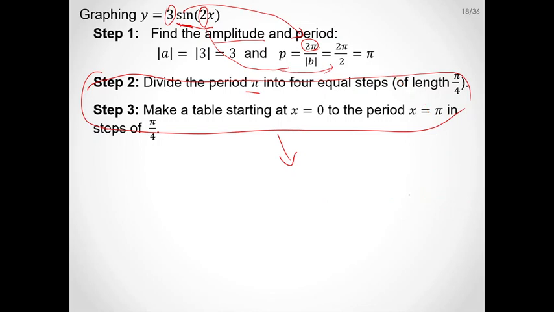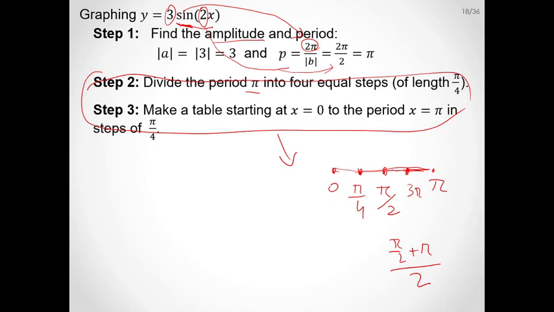So 0 is here, pi is here, then you divide them into 2, so you get pi over 2 here, and then again you divide by 2, so you get pi over 4. And then you take the average of these, you find the midpoint,